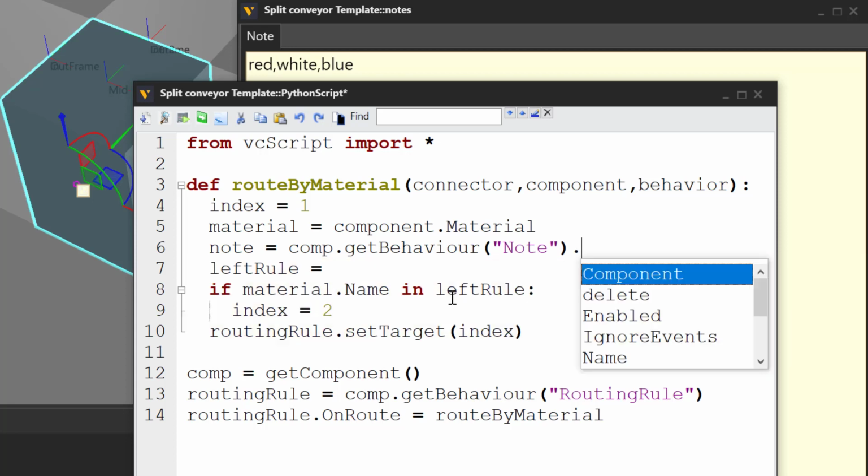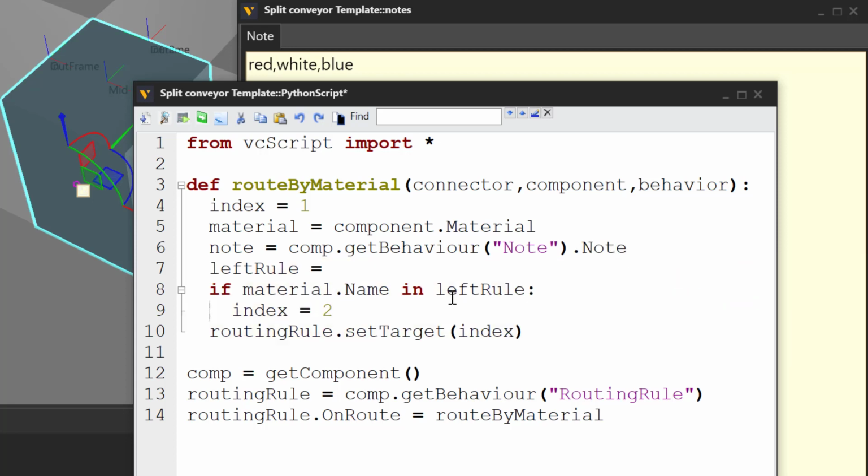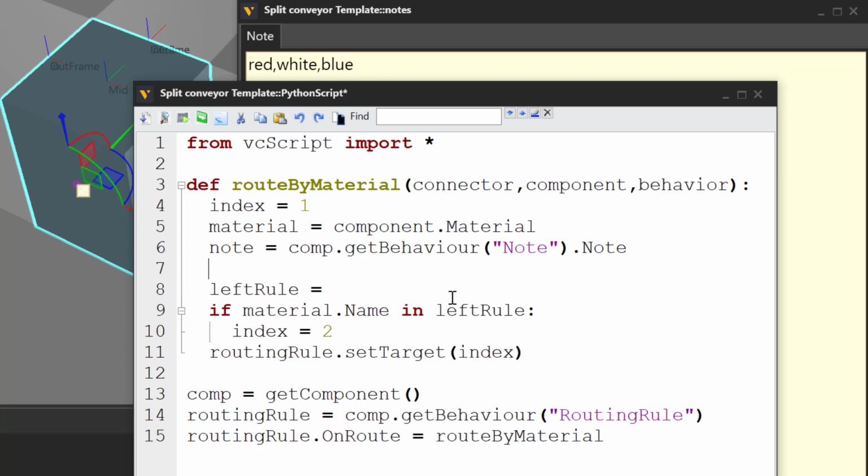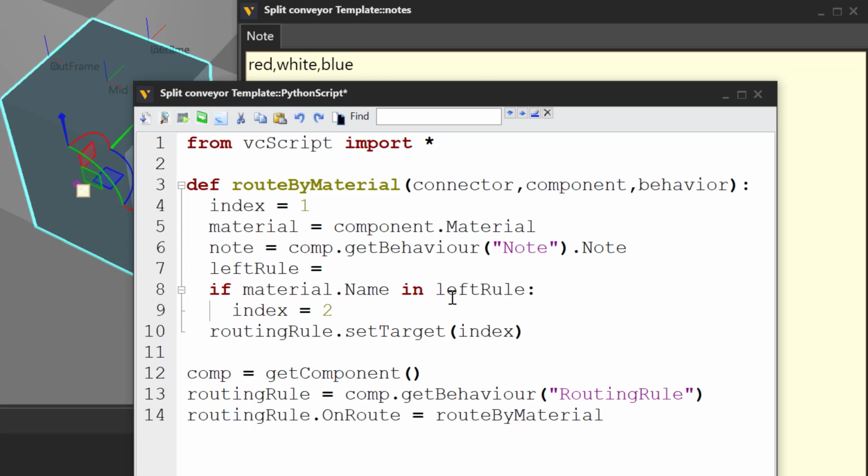And to get the value of the note, you have to use its note property. And then from there, you can split it up using the same way I showed you earlier. So we could say note.split, comma.